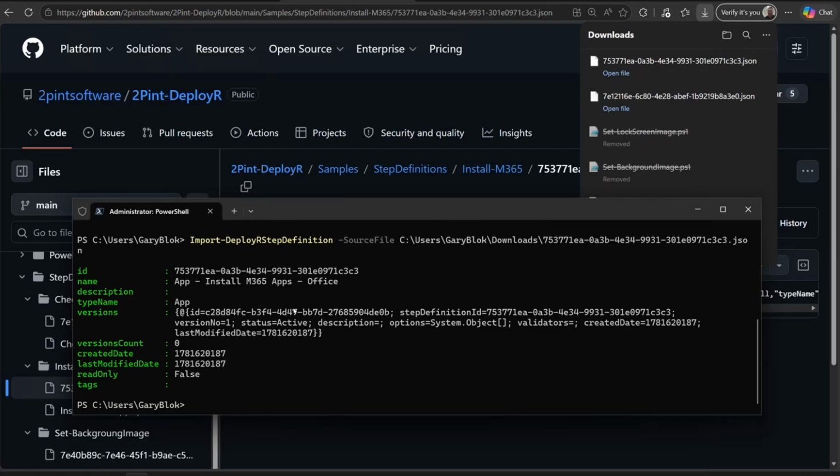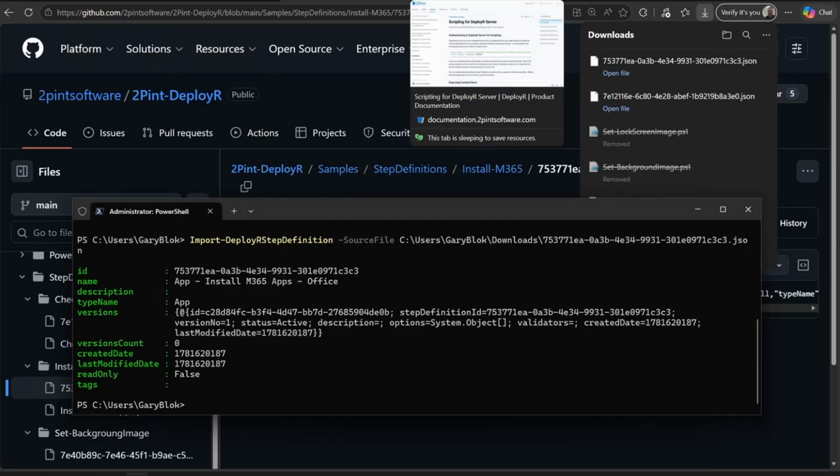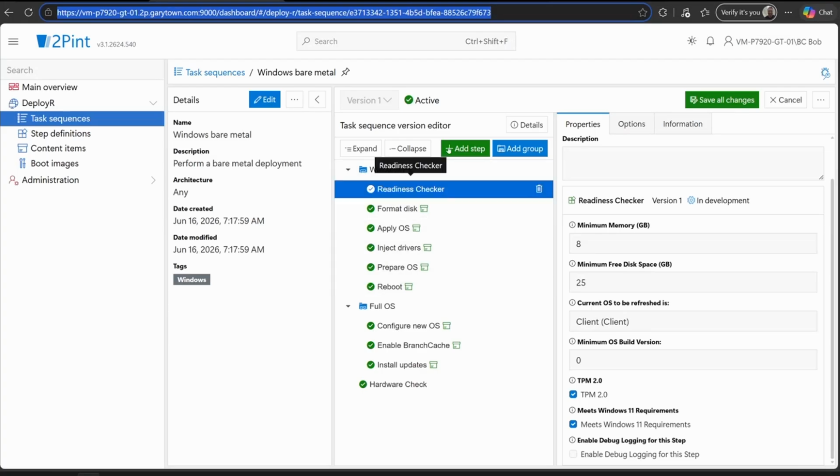Import. All right. So that one is to install 365. I wrote this because if you've ever been out to the Microsoft 365 page, you get so many different options that it can almost be overwhelming at times. So I thought I'd do the same thing to the DeployR users, giving them so many options that it can be overwhelming. All right, so let's go ahead, and now that I know that one's in here,